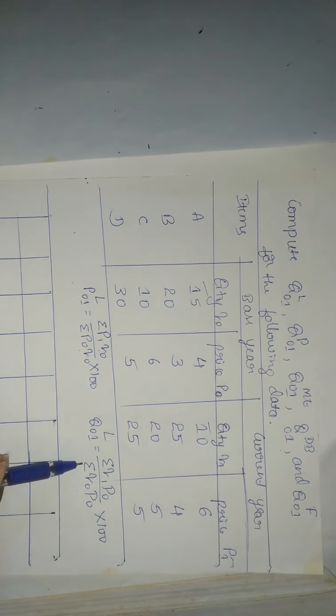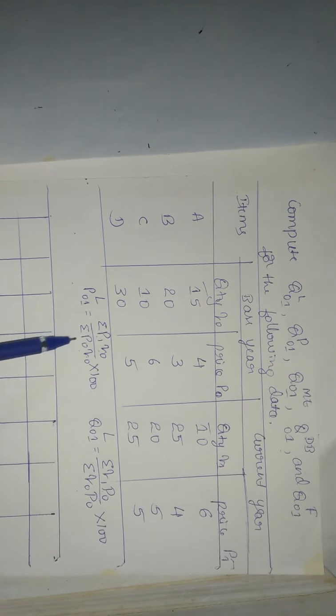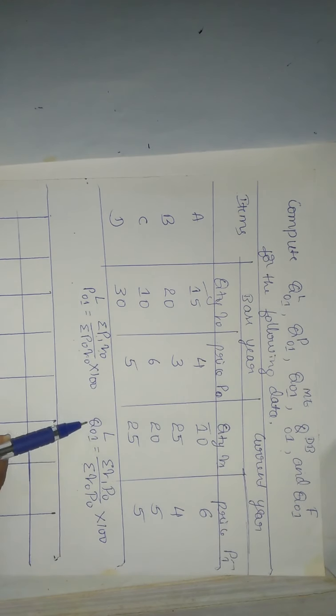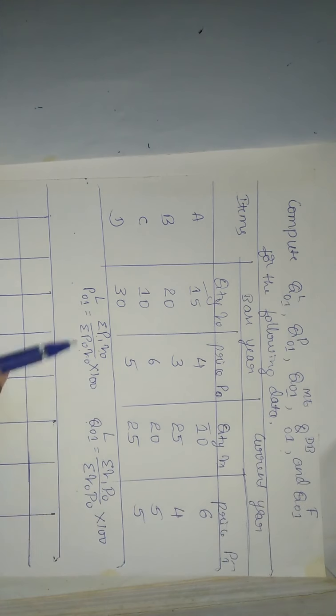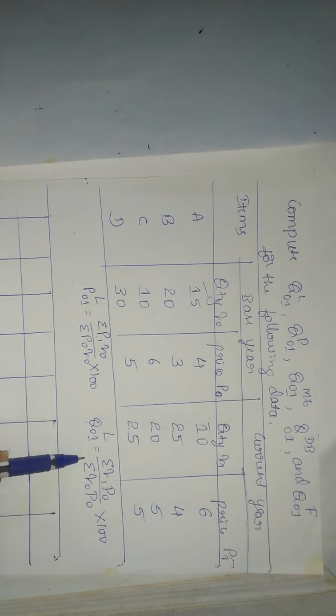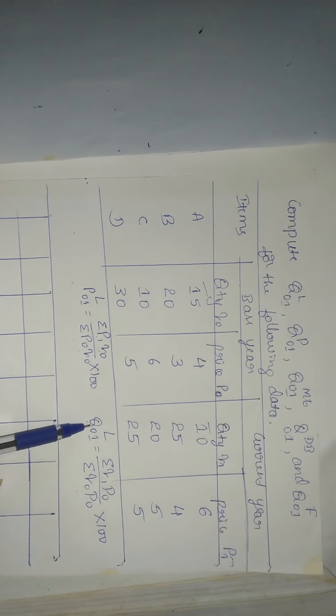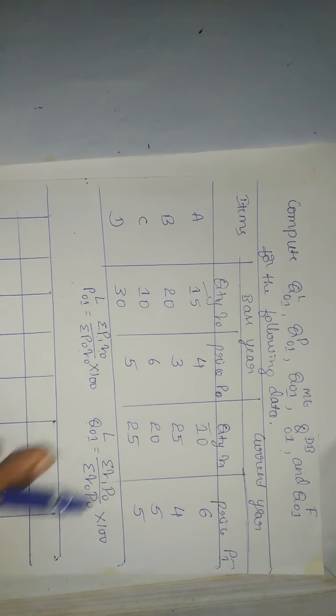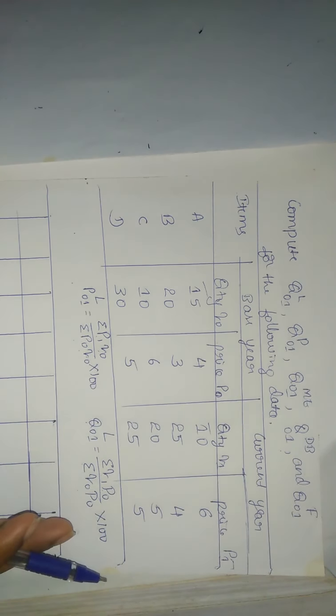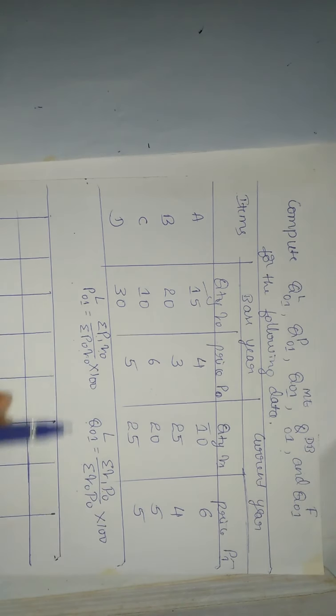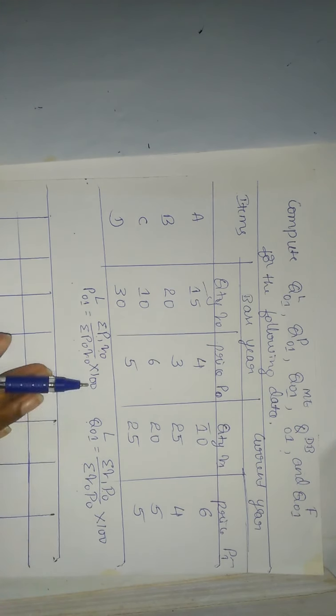This is the difference. Here we have to write P1, P0, but in the Laspeyres quantity index number, first you have to take Q1, Q0. So this is the difference between these two formulas. But in this question, we need only the quantity index numbers, that is Laspeyres, Paasche's, Marshall-Edgeworth, and so on. Now recall, as I already told you, in the theory concept first you have to see that video and go through it.